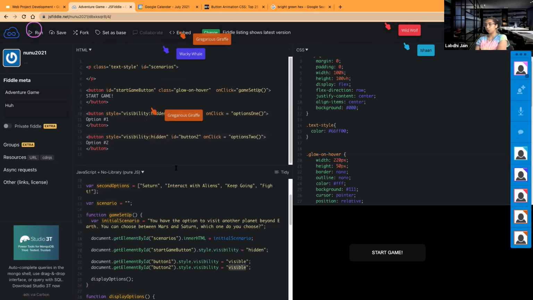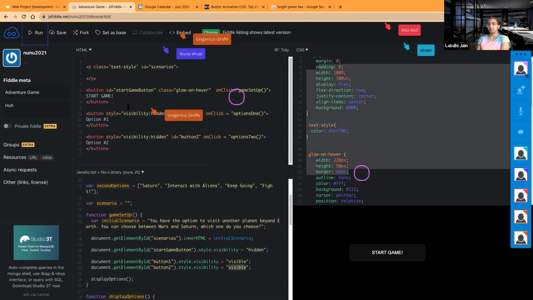There you go. So it was a colon. I remembered by testing it, and yeah, this is the shorter way to basically add CSS to our HTML. We did it the longer way to the start game button, and the shorter way in this button